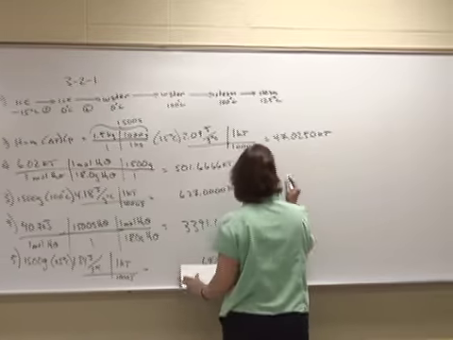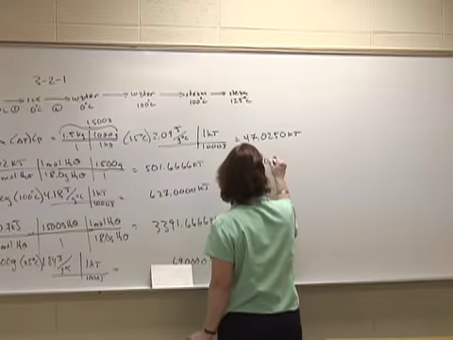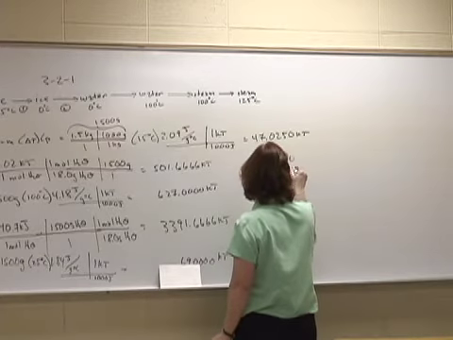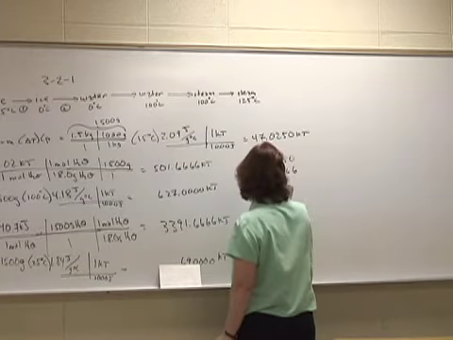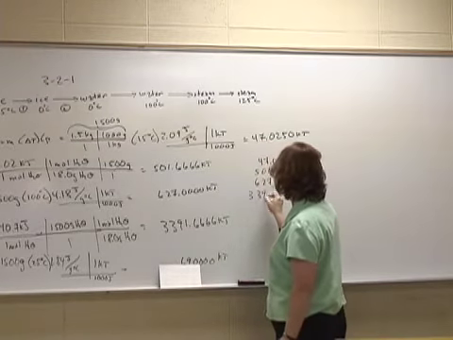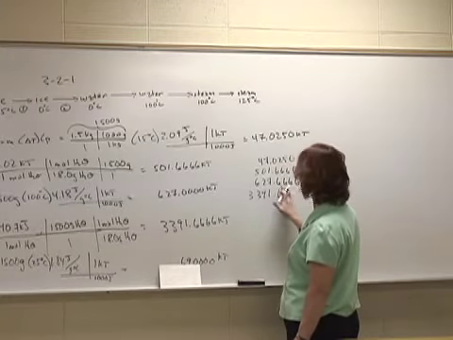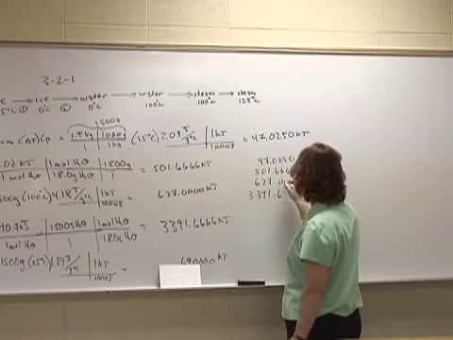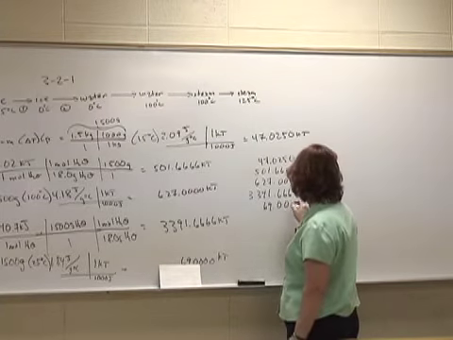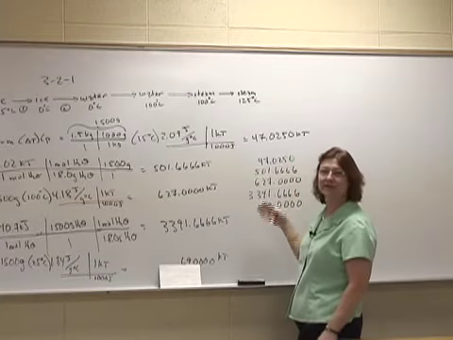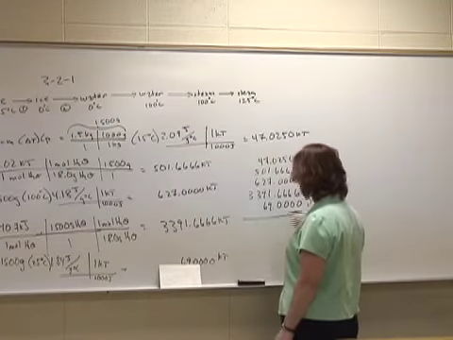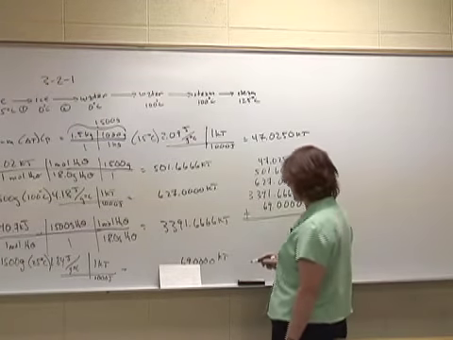Now, it's very important that we write these numbers out again separately in order to add them and not make any mistakes. So I'm going to say 47.0250 and 501.6 repeating and 627.0000 and 3,391.6 repeating, and then we have 69.00. And I just do this to be consistent with my numbers. And these are all kilojoules. We need to always make sure that we're adding the same unit. And when I add this, I get